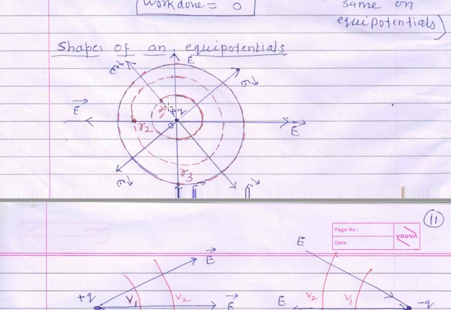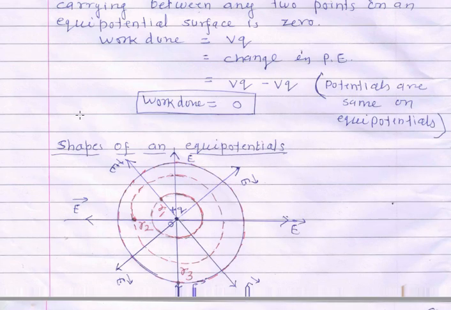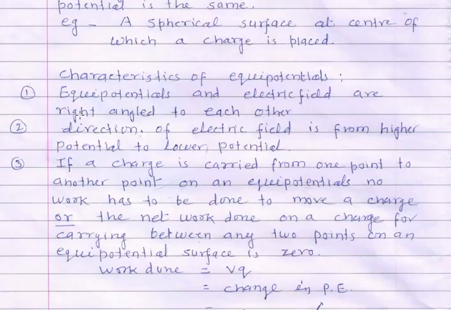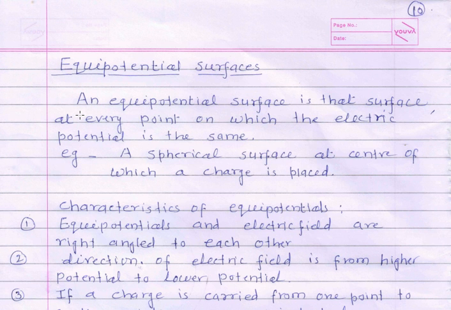So if you extend this distance from the center, the sphere has greater and greater radius, and at a very large distance, a part of a sphere can be considered as parallel. So we can say you can obtain equipotential surfaces which are parallel to each other at a very large distance. So you can understand what an equipotential surface is. Now we want to understand the characteristics of the equipotential surfaces.